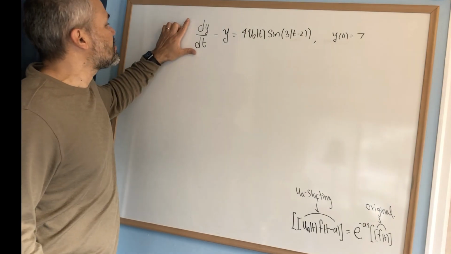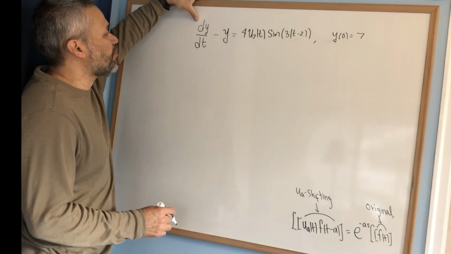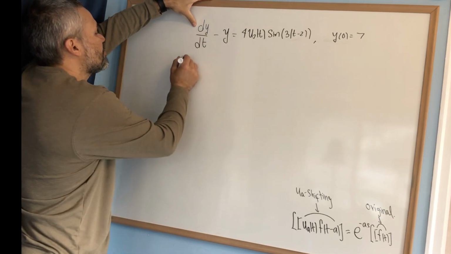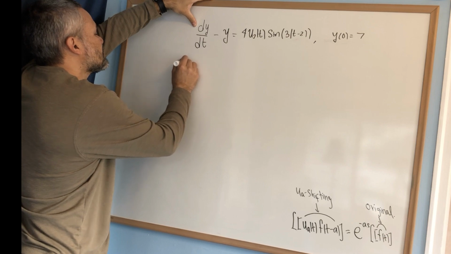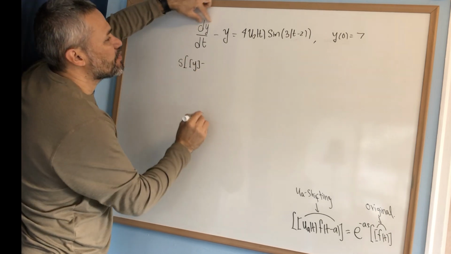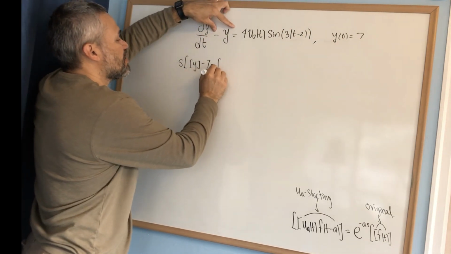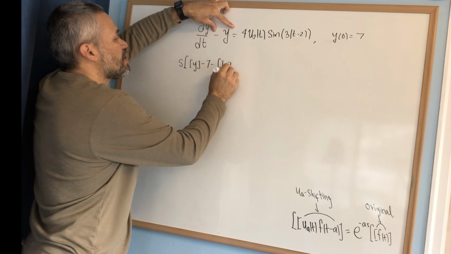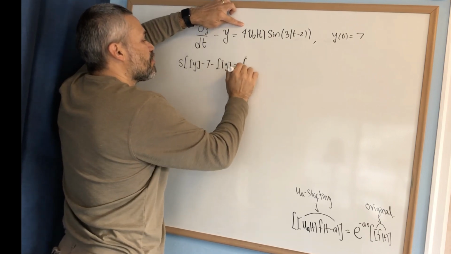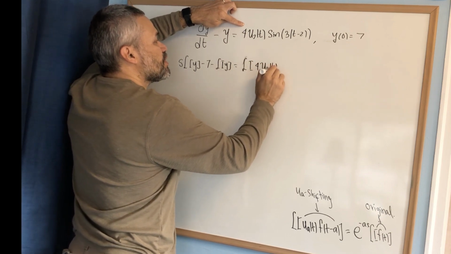In this video, we will solve this initial value problem. As always, let's start by computing the Laplace transform on the left and the Laplace transform on the right. The Laplace transform of the derivative of a function is s times the Laplace transform of y minus y of 0, minus 7 minus the Laplace transform of y, equal to the Laplace transform of 4 times u2 of t